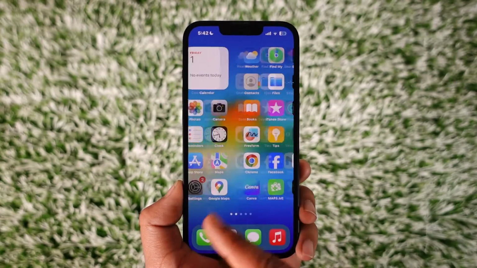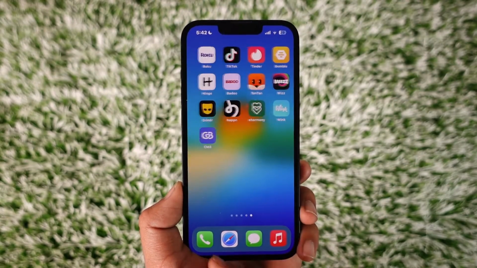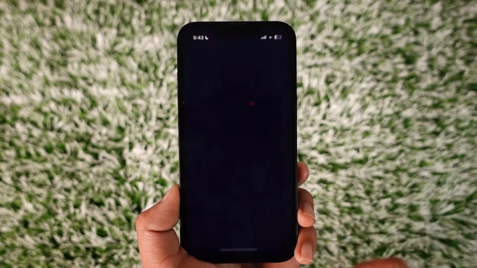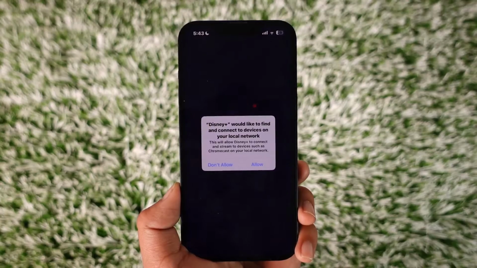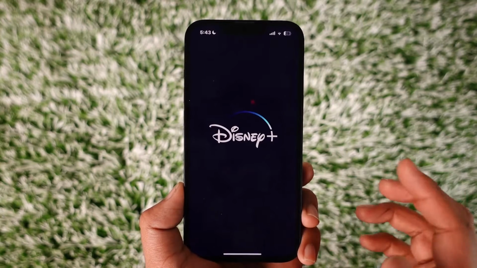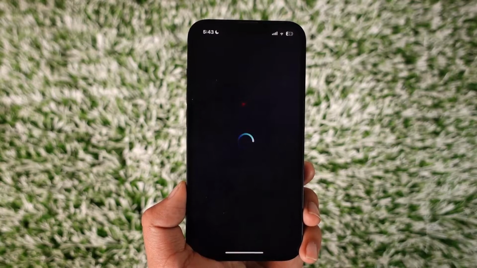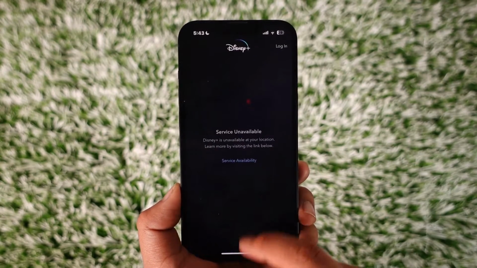In this video, I will guide you through the steps on how you can turn off or disable the Disney Plus notifications on iPhone. So make sure to watch the video till the end. Now, if you use the Disney Plus application and you get lots of notifications from Disney Plus, such as marketing notifications or something like that, and you would like to turn it off, then